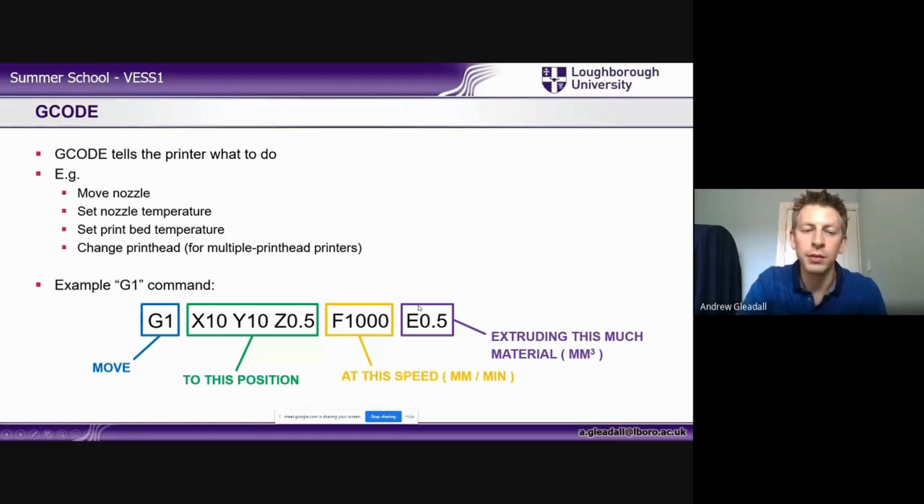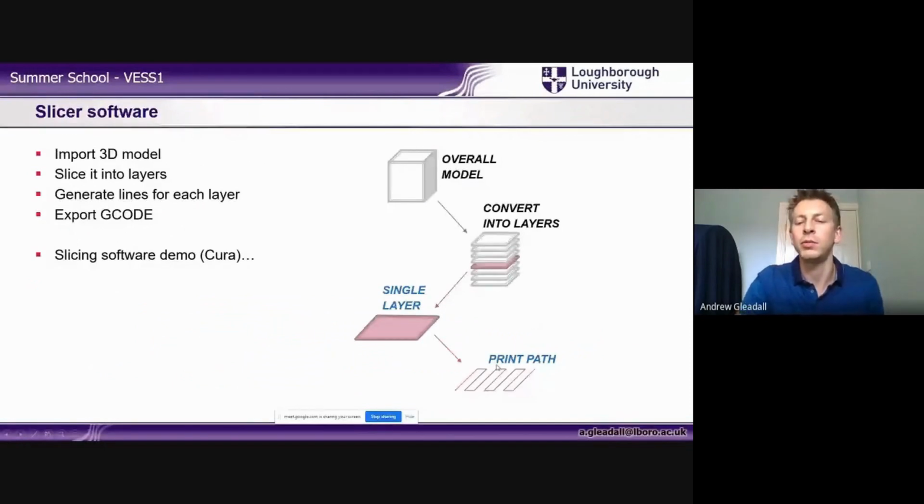So that's what the G code actually looks like. And each one of these segments of our print path will have its own line of G code, which will say, this is what you've got to do now, printer, to achieve my segment. So I'm going to give a very quick demo